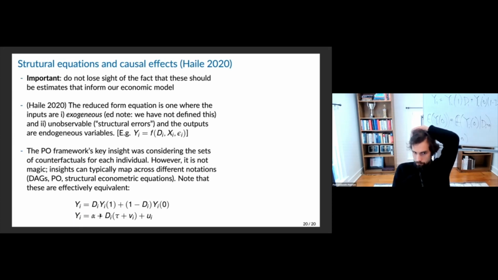Well, in this notation, we could strictly rewrite this as: Y_i is some constant plus D_i times tau, where tau is the average treatment effect, plus there's heterogeneity. Consider this to be random variation in the effect of D_i on Y_i, plus some structural error term. So how would we do that? How do we write that down? Well, if we take this setting,